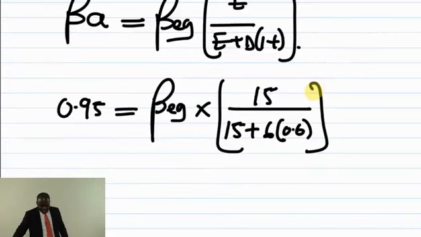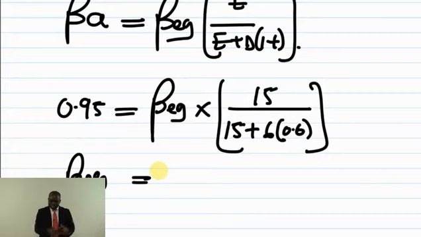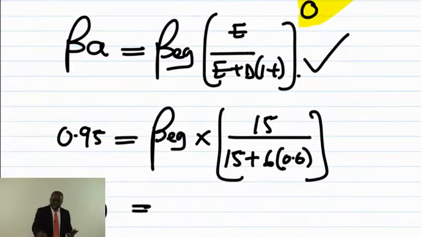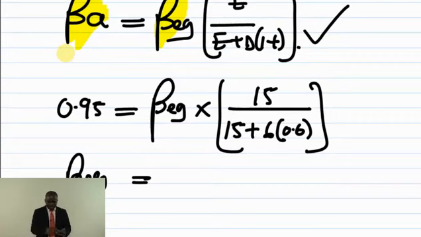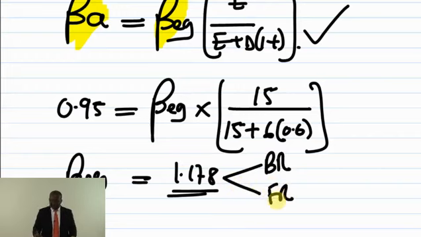Brilliant. Okay, so how do we solve this mathematics? I know some textbooks do the change of subject, but the formula in the exam room is this. So it's an issue of you doing the substitution. If they give me this, if they give me that, I should be able to calculate it by using my calculator. So I will say 0.6 times 6 plus 15, times 0.95, divided by 15, and that is giving me 1.178. So this beta is the one measuring the business risk plus the financial risk of Styles.